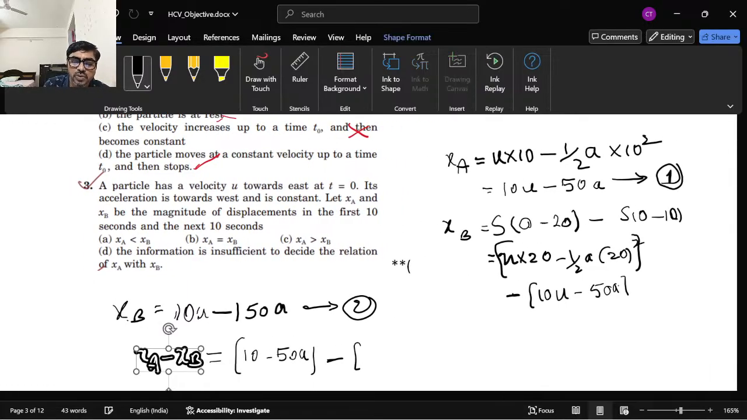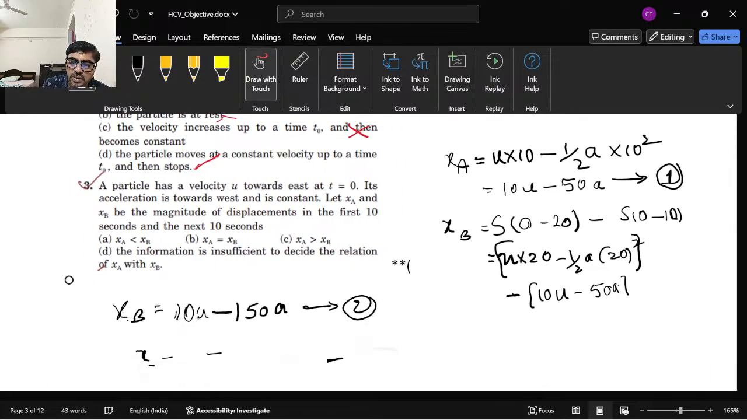Okay, let's do one more thing. What we do is, we'll just take the ratio. It's very intuitive, but still, let's calculate the ratio of it. xa by xb, that is 10u minus 50a